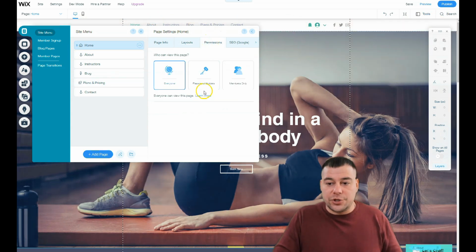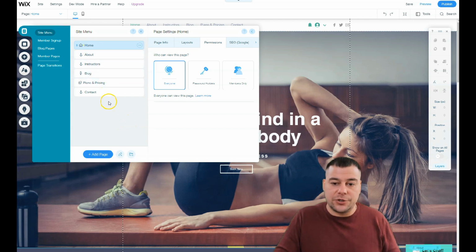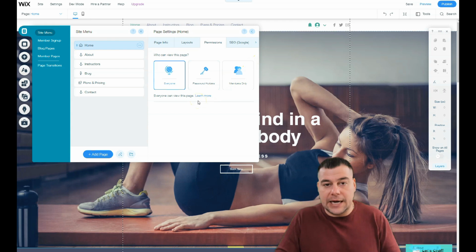Permissions also: you can make your site open for everyone. You can make it for password holders or members only, and you can apply it to any page, for example, plans and pricing or blog. You can add a blog to members only, and only those people who have access to your website, your unique content,